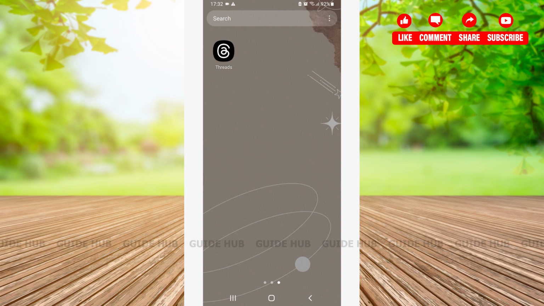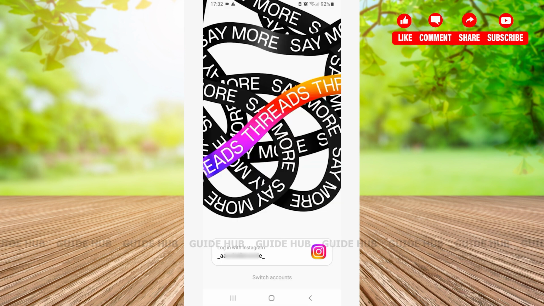The first thing we're going to do is open our Threads app. Here, as you can see, right after opening your Threads app, you'll be able to see the option to log in with Instagram, with your Instagram name written on it. If that's the account that you want to use while logging in to your Threads, then you can simply tap on it. If that's not the account that you want to use while logging in to your Threads, then tap